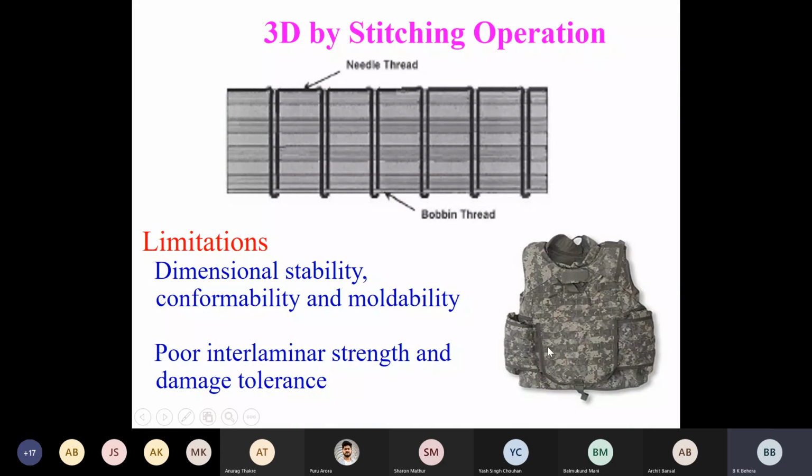And using this principle, you can have a look here. It is a bulletproof jacket. Even today, the majority of bulletproof jackets are what you call soft armor. In bulletproof jackets, we have two types. One is purely soft armor, meaning no composite, no hard, no stiff material inside, only this multi-layer fabric, or nowadays of late 3D fabric being used. Another method is, in between, you can insert bulletproof solid ceramic plates.